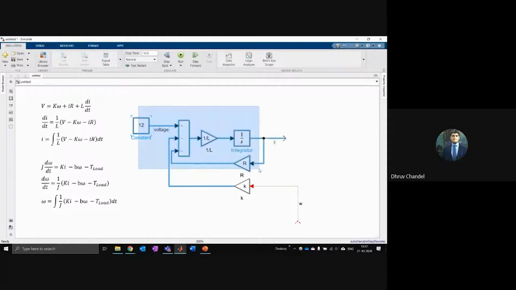So these series of blocks are actually defining this equation here. This integrator is taking these three expressions, multiplying them by 1 over L, and then integrating with respect to time. That's going to give me my value of current. I hope this is making sense. You'll certainly see the sense in the results when they come out.